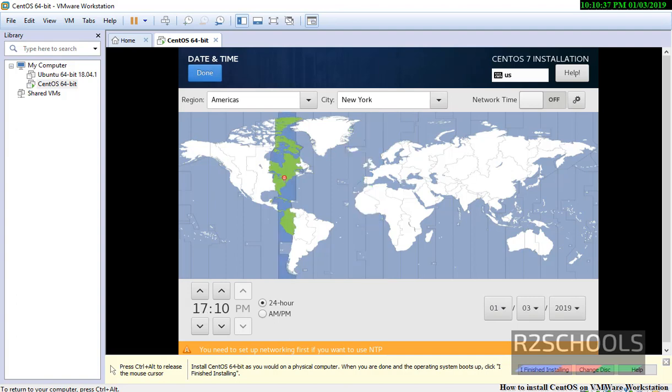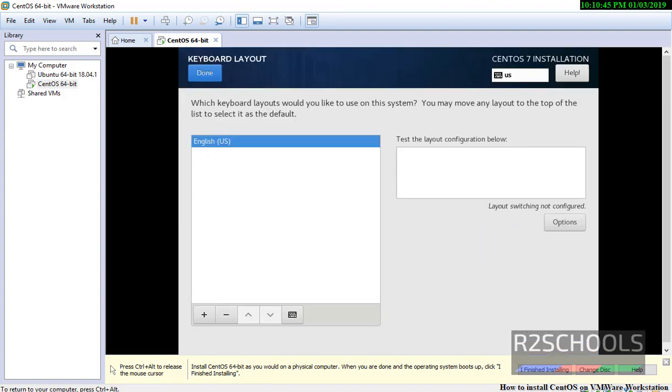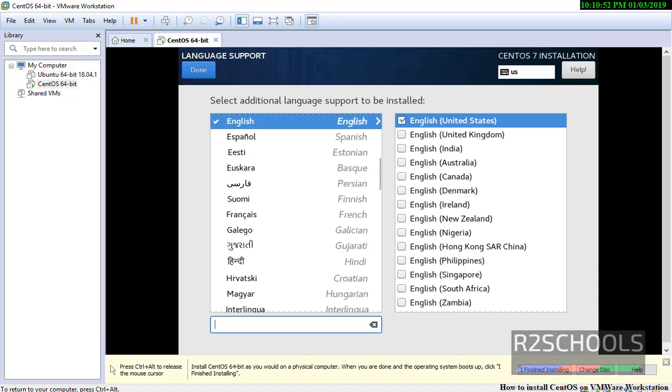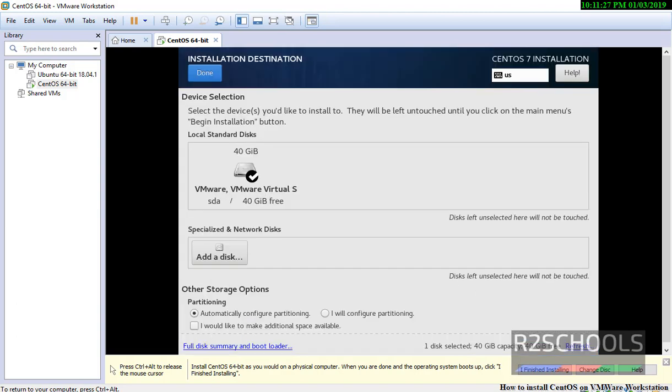Then click on done. Click on keyboard layout. There is only one option. Then click on done. Now go with language support. English and United States English. Then done. All remaining are default. Here we have to select the purpose of CentOS installation. I want to go with minimal install. Then click on installation